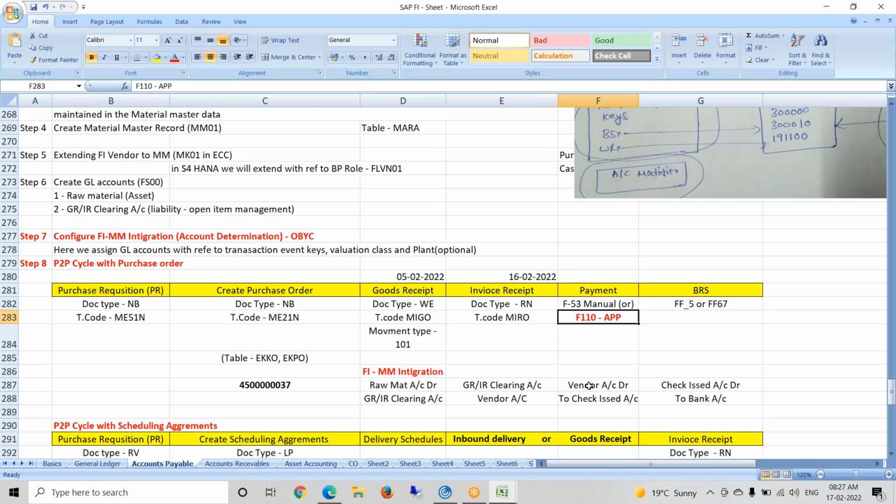Sometimes we do manual also, on a regular basis we use F-53 for clearing some advance payments or a special request. But as a regular process, we follow APP only.